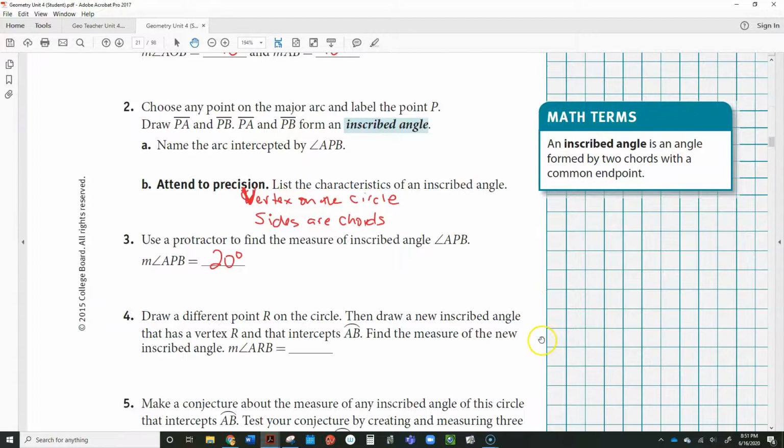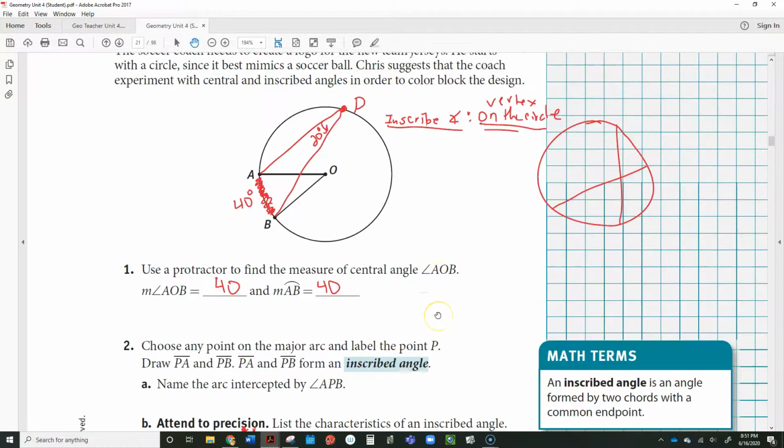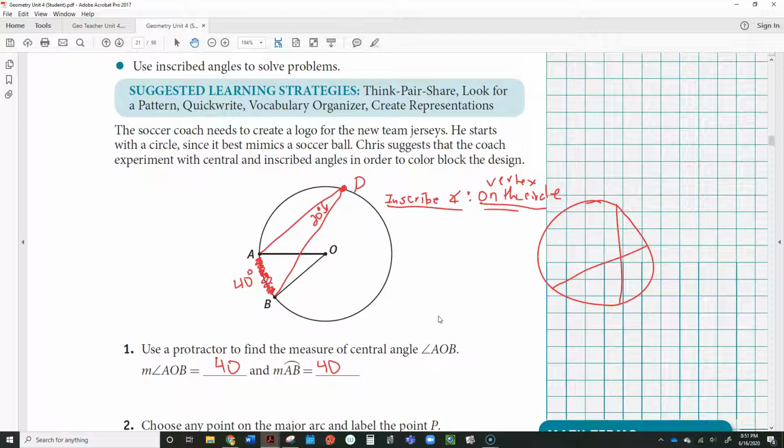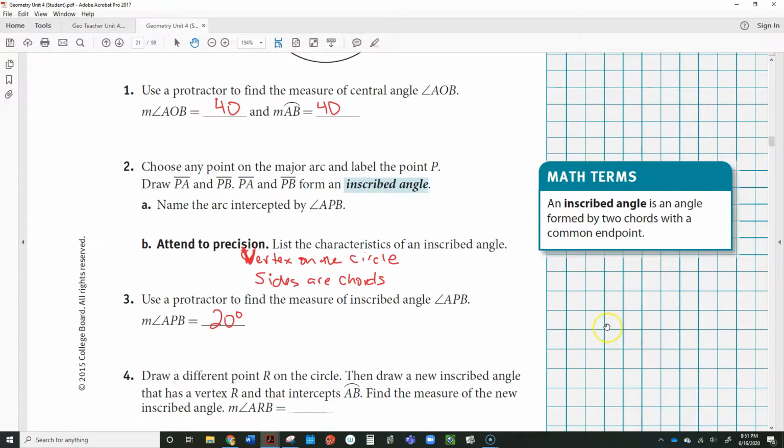And draw a different point R on the circle, then draw a new inscribed angle that has a vertex R that intercepts AB. And so they said, okay, come over here and pick another point. And now make this inscribed angle intercept that arc. Well, guess what? It's going to be 20 degrees too. That's because any inscribed angle that intercepts that arc is going to have a measure of 20 degrees. And the reason is that the formula for